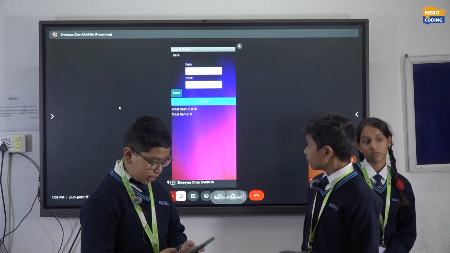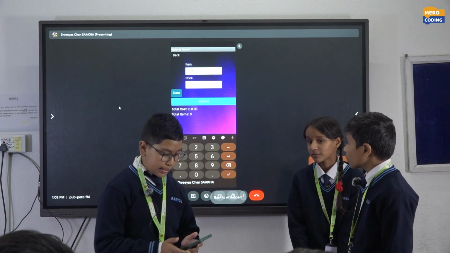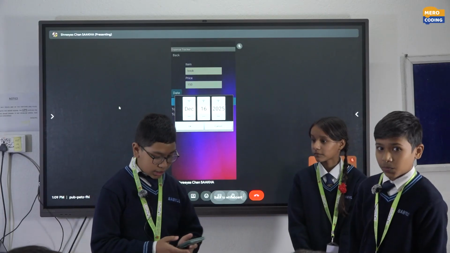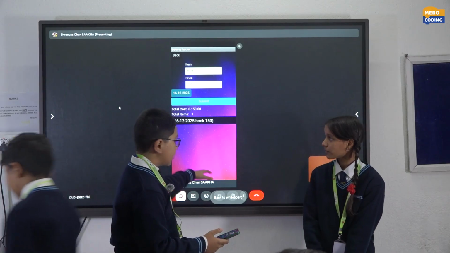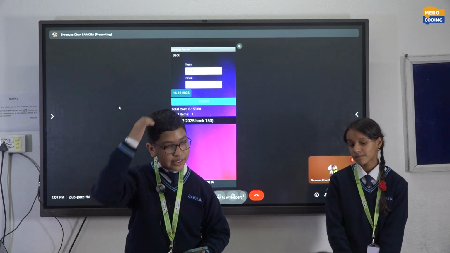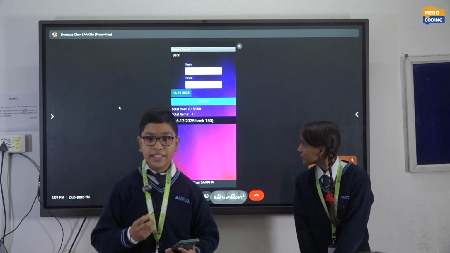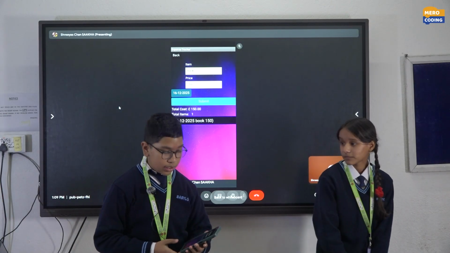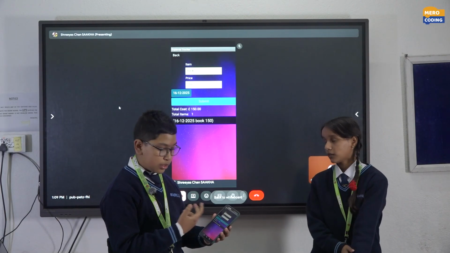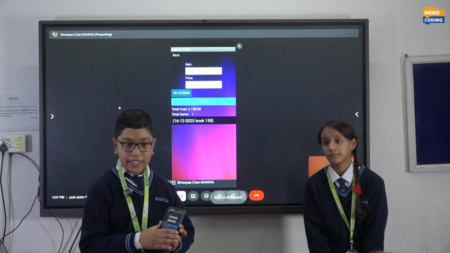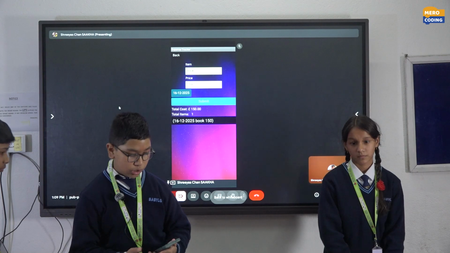So let's add an item like book, and the price of the book is 150, and the date, I just bought it today. Now submit. It shows the data at the bottom of the screen, which we can see easily. For example, if you close this app and open it again, the data will be stored here, so you don't have to worry about re-entering your data all over again.